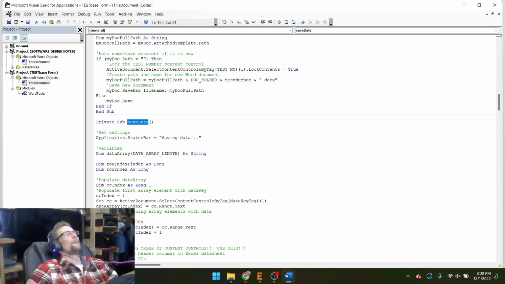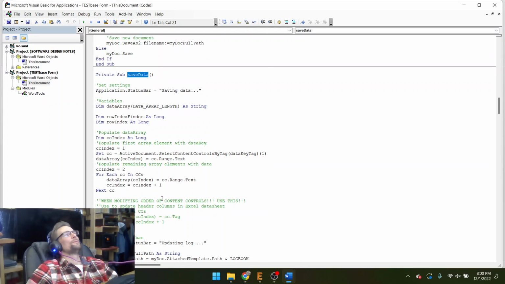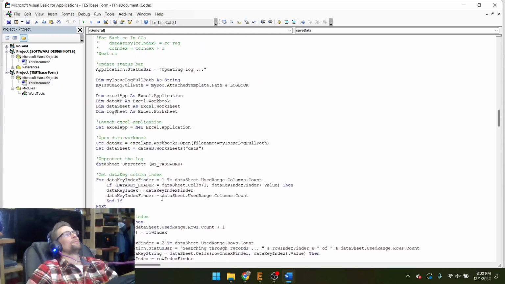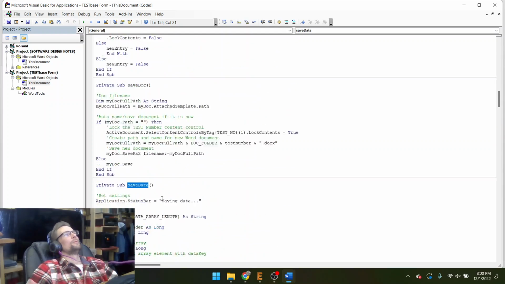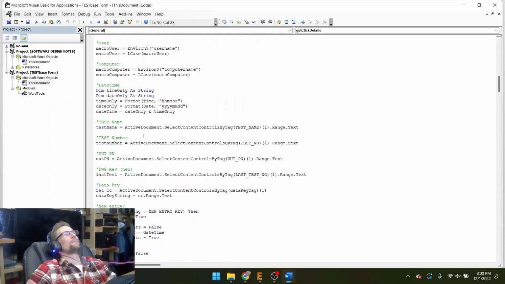So in save data, if I run get click details,